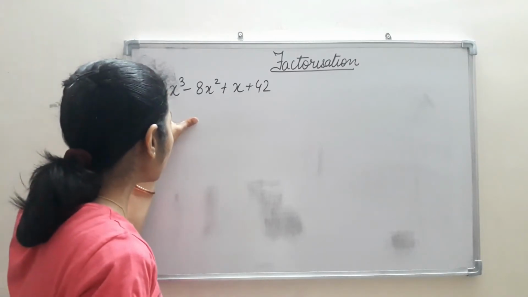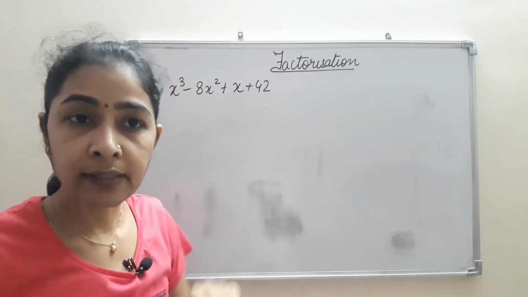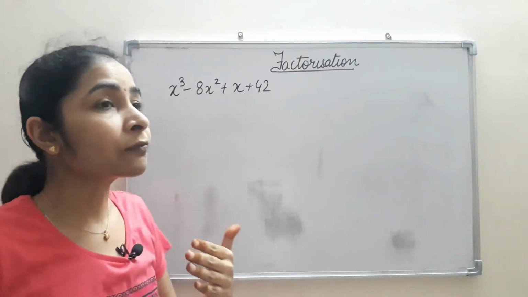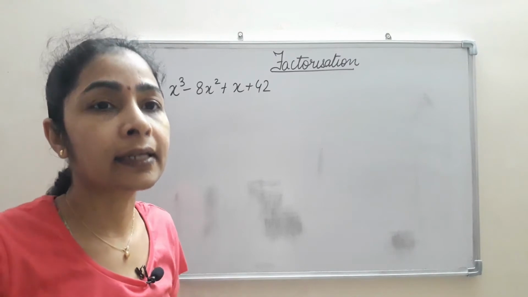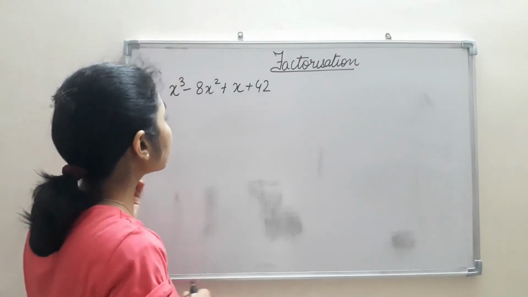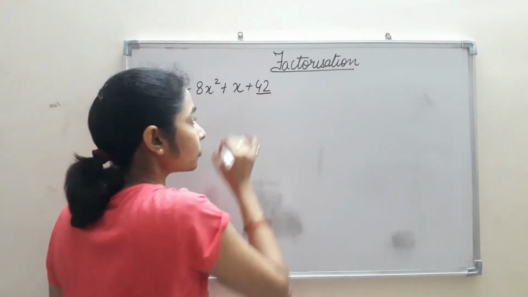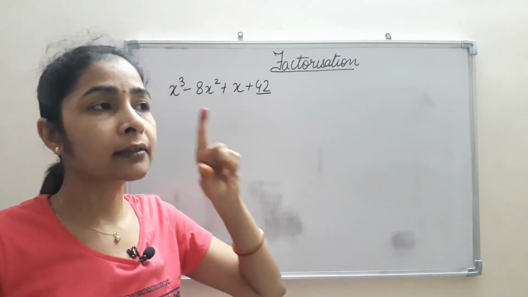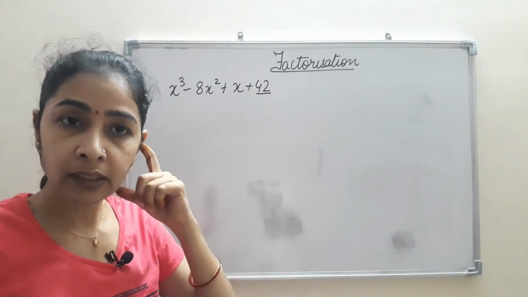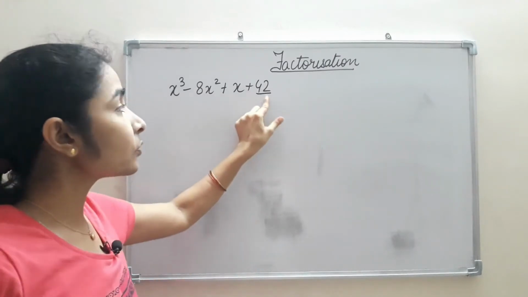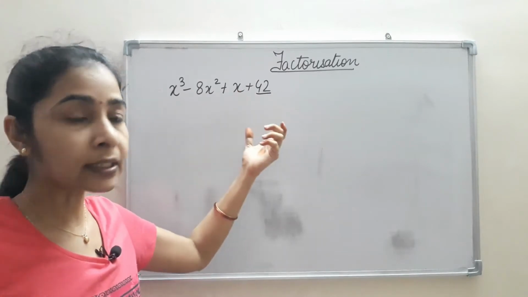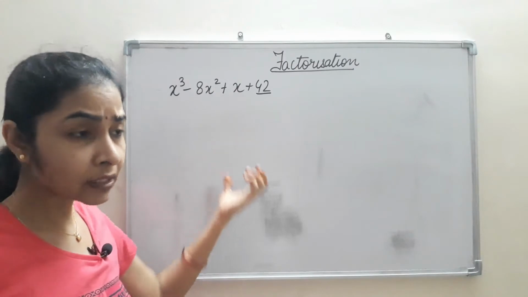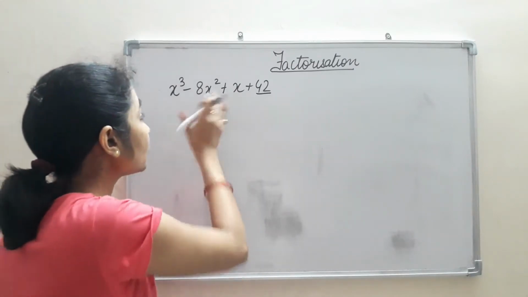So here I have written a cubic polynomial, how we will factorize it. Now to factorize the cubic polynomial, first we do the trial and error method, in which we take the factors of this constant term 42, the same as we did in the factorization of quadratic polynomials. What we used to do was find the factors of the constant term such that the sum or difference is equal to the middle term. But here we have two terms in between.